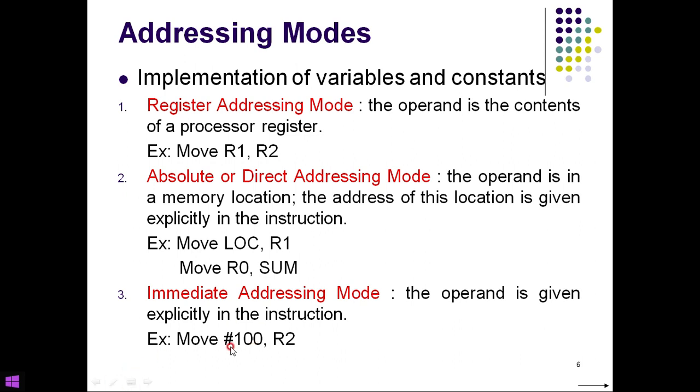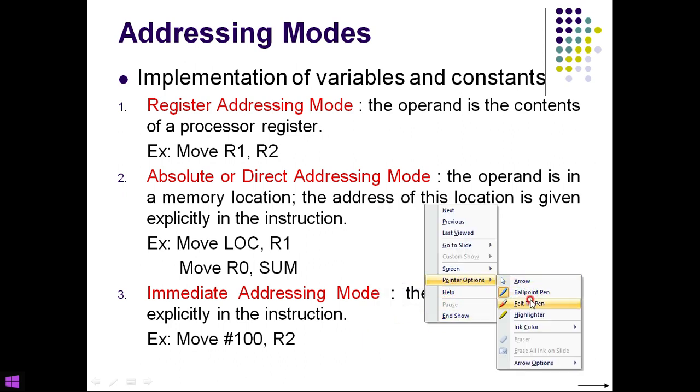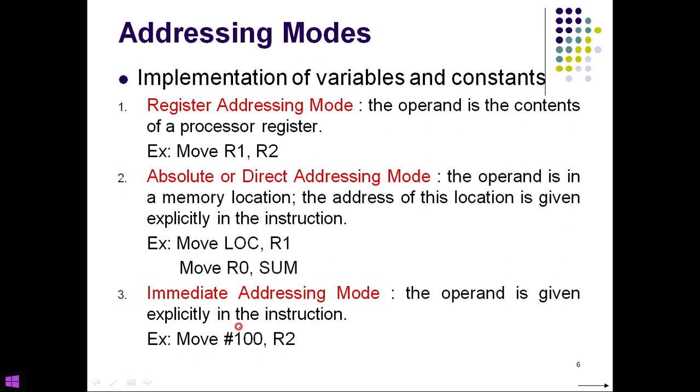Okay. Now whenever I write here a hash sign, it means that the number 100 which we have written here is a decimal. So remember friends, whenever I write hash, it is decimal. Don't forget this, it is decimal.